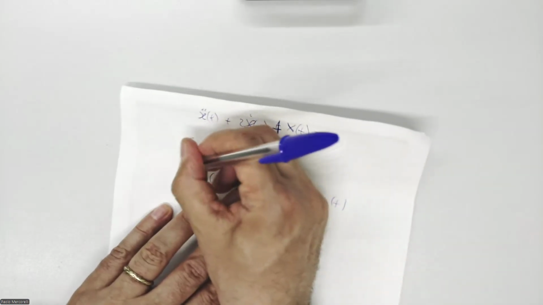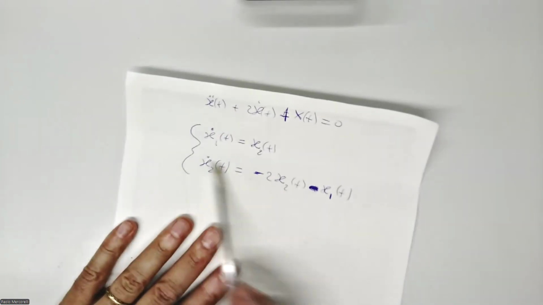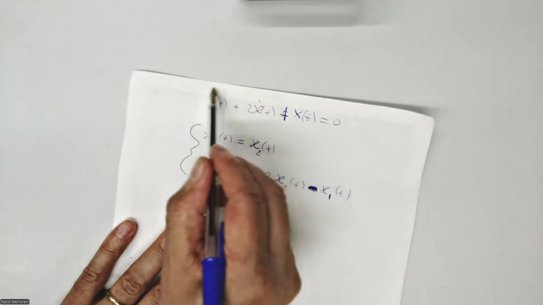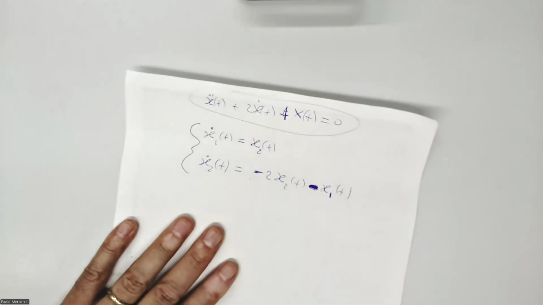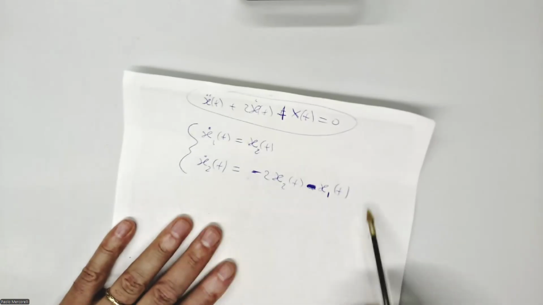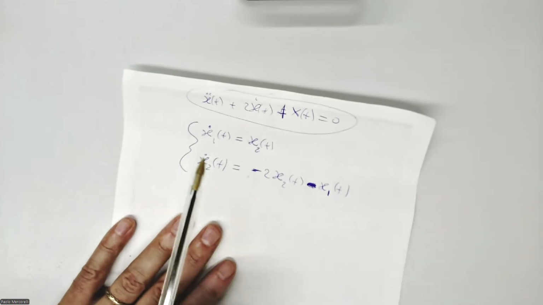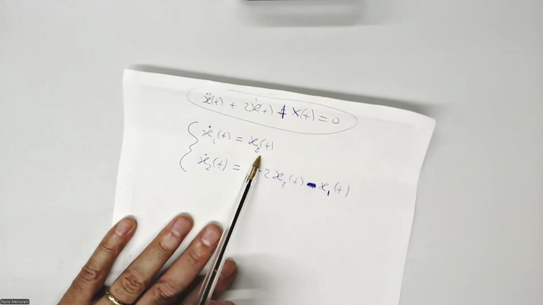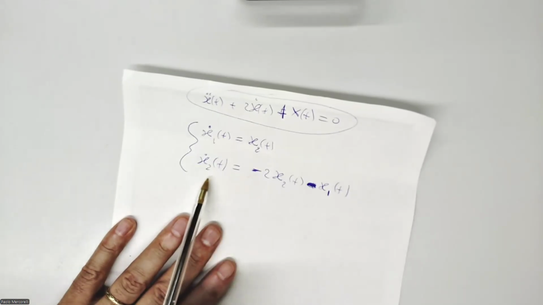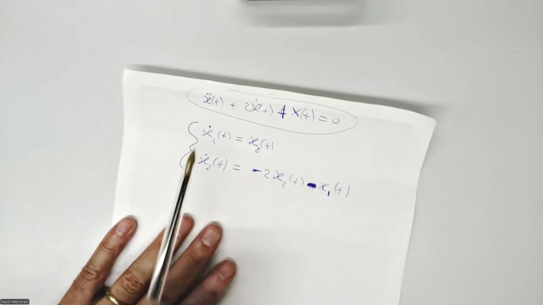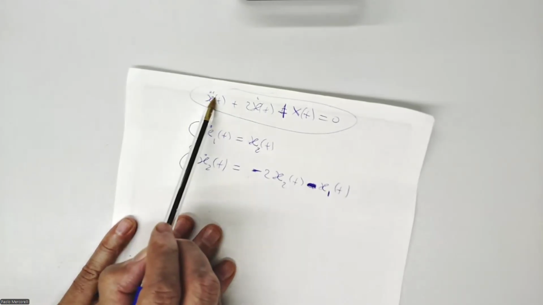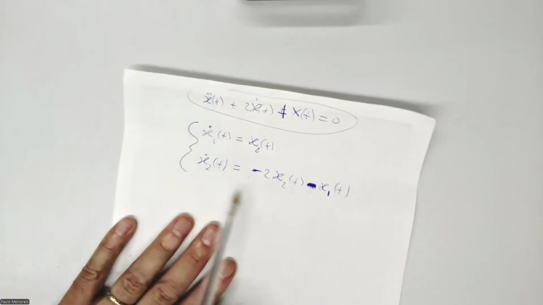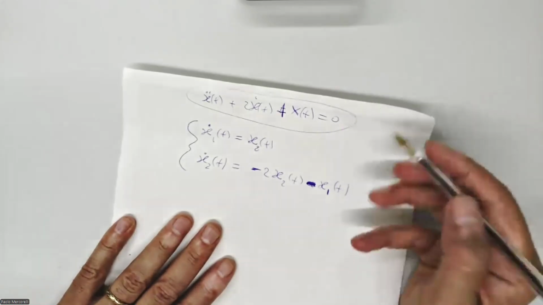I don't know if you agree that this system here is equivalent to this one. The idea is x is equal to x1. This means if I put x1 derivative and x2 derivative is equal to x dot dot. I don't know if it's possible to see. The idea is,